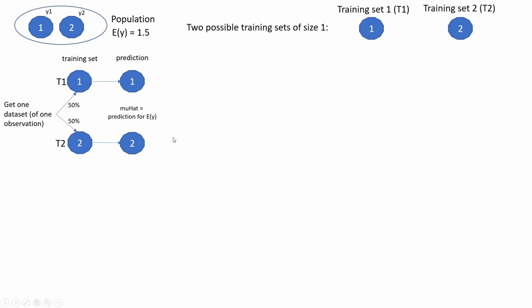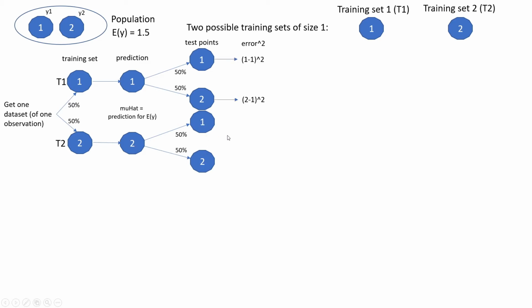So if we don't have other information, this is optimal, but we do have other information here, which will make sure that the unbiased estimator is not optimal. So let's see, if we have prediction 1 on the test set, which is the population itself, let's say it's a huge test set, which is the population. Everything that could happen is that 50% of the time we can have 1 and 50% 2. For a test set in the other branch, it's exactly the same test set. And when our prediction is 1, the squared error on the test set is this, on the second is this,